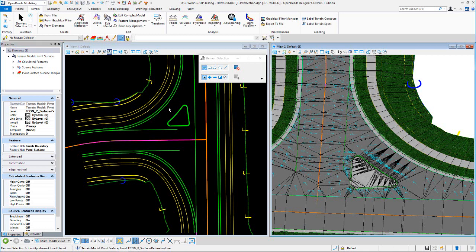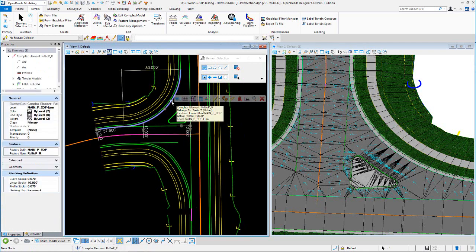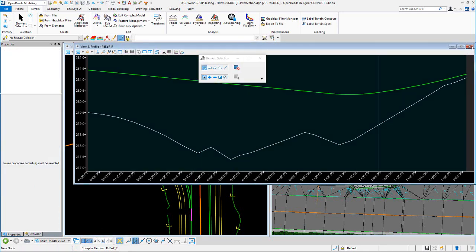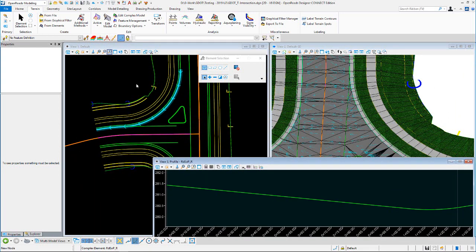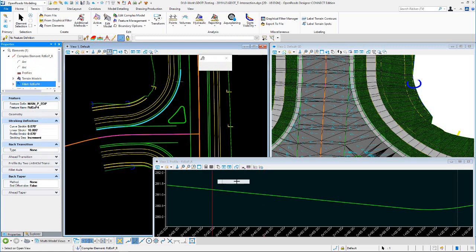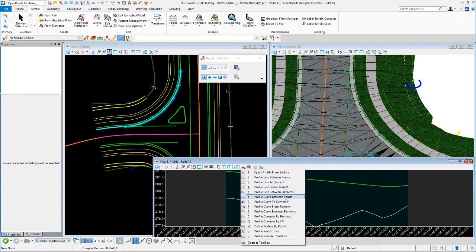So what I'm going to do, as far as profile, is actually come in and open this. And then I'm going to regrade this. Actually, I'm not going to do the whole element there. I just want to grab the fillet. So I'm going to grab that, and then open the profile model of the fillet. You can see it starts here, goes this way. So we want it a little deeper right in this area right here, right? So I'll quickly go in there and do